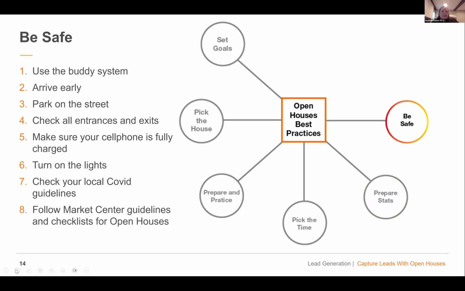And then safety. So using the buddy system, like I mentioned, arriving early, parking on the street. You don't want somebody to box in your car. So park on the street, and then that way other people can park there, but you're able to get out. Check all the entrances and exits. I typically, if it is a 3-story house, for instance, I let the sellers know I am only going to be on the main floor. And that is for my safety, because I need to be able to